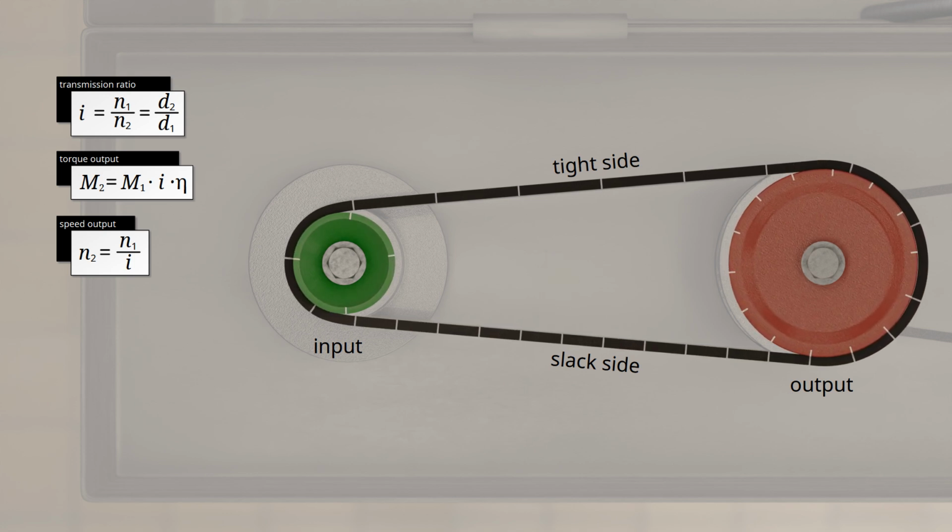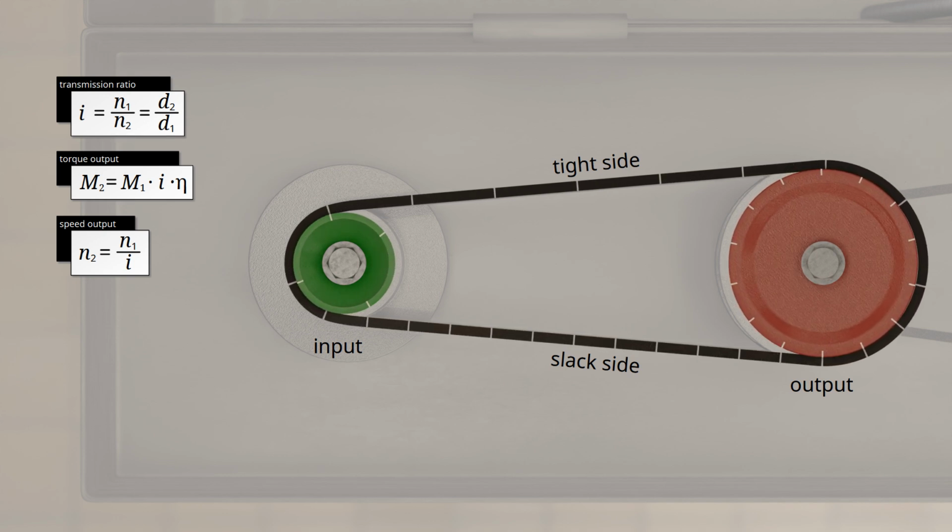When the belt runs onto the driven pulley, slippage also occurs. The tension in the belt increases from the slack side to the tight side. Therefore, the belt stretches as it moves around the pulley. The stretching belt slips over the pulley. As a result, the tight side of the belt moves faster than the circumferential speed of the driven pulley.